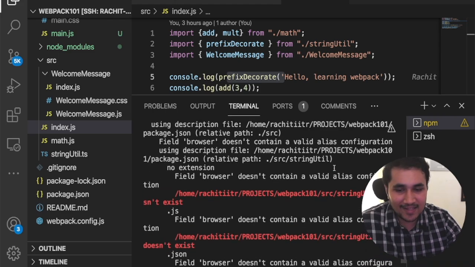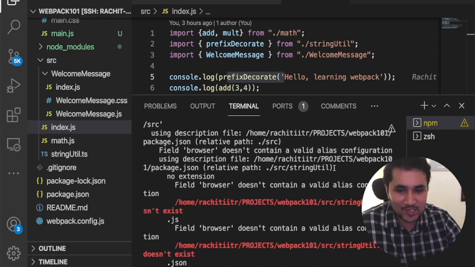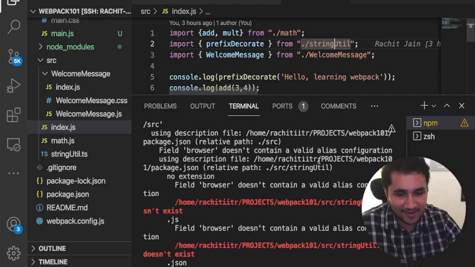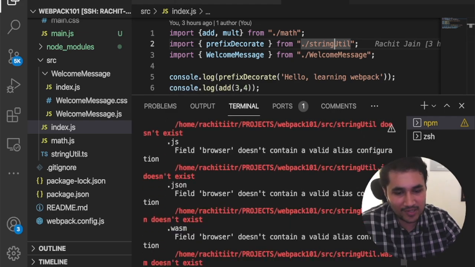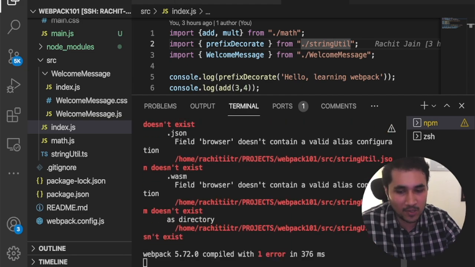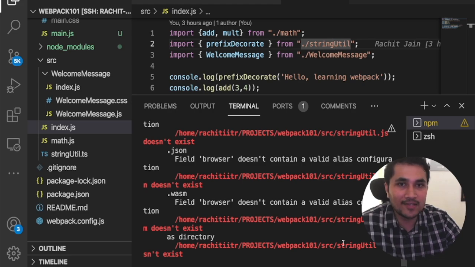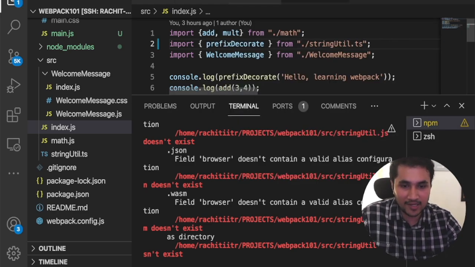The first thing that Webpack is complaining about is it does not understand where this file is. It is saying that string-util does not exist. string-util.js does not exist, .json does not exist, .wasm does not exist, which is WebAssembly. So basically a lot of things it says do not exist because we have not mentioned what it is. So if I do ts and I save this,